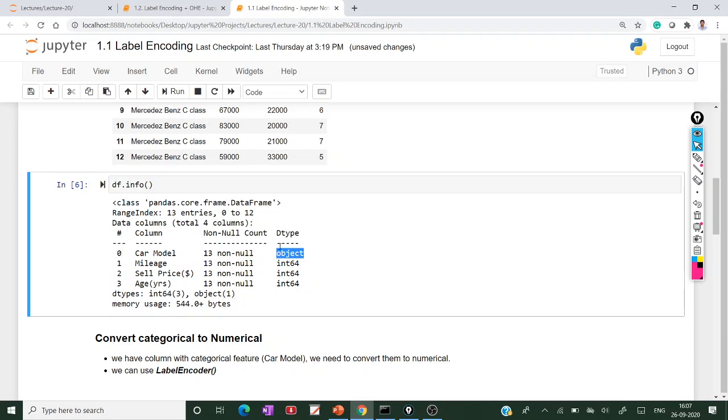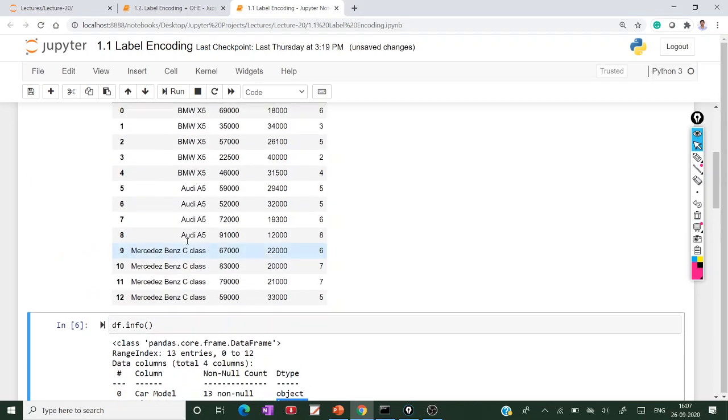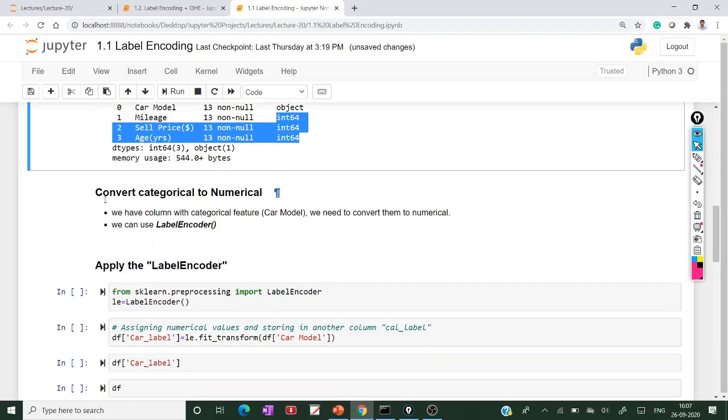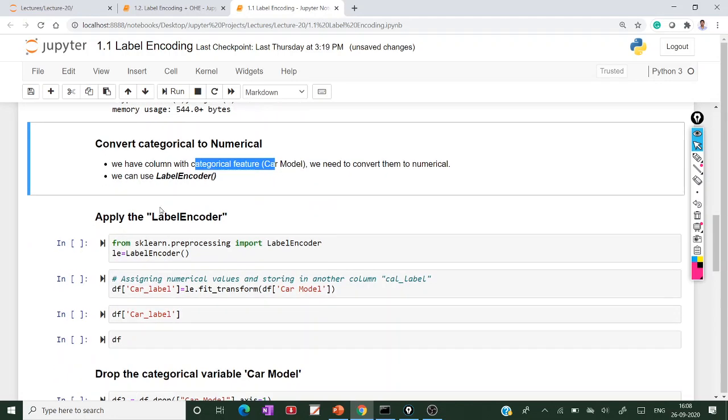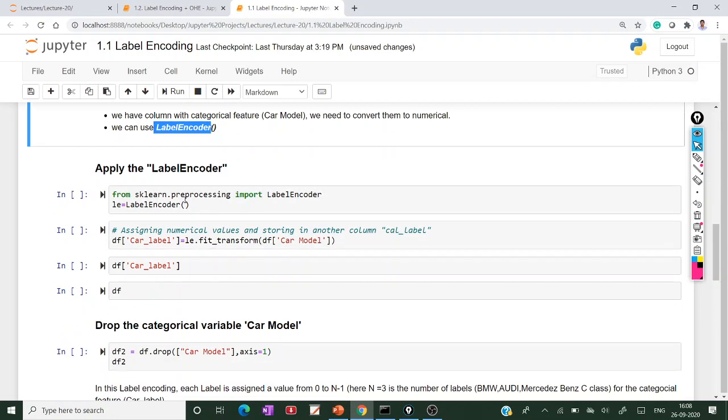Object data type means it is a categorical feature. The rest of the 3 features are integers. So here we convert the categorical to numerical. We have one categorical feature, the car model, and we need to convert it into numerical by using label encoding. This is the technique we are using, label encoding.